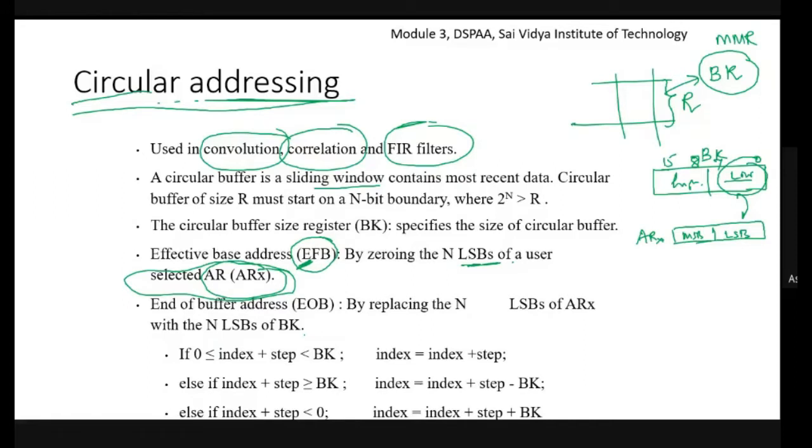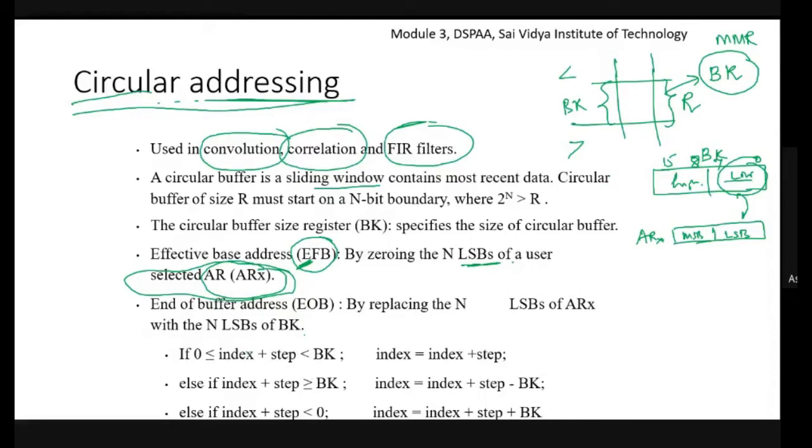See here, the same operation. If the index plus step is less than the buffer size register, or if it is greater than the buffer size register, what is going to happen?